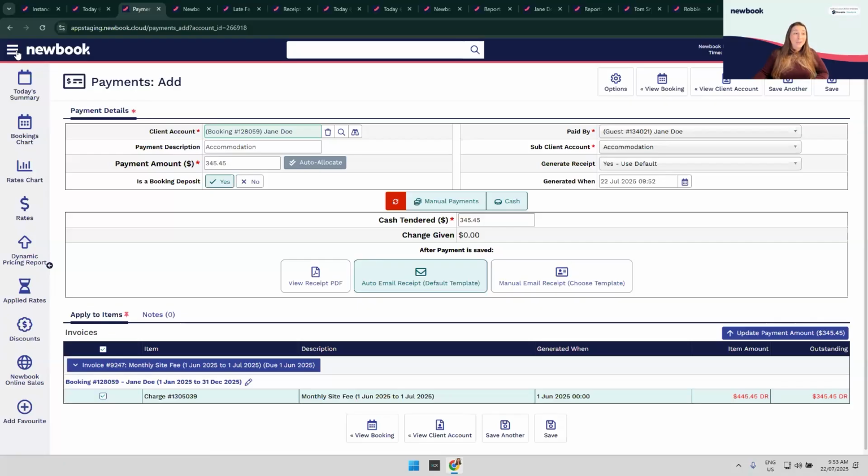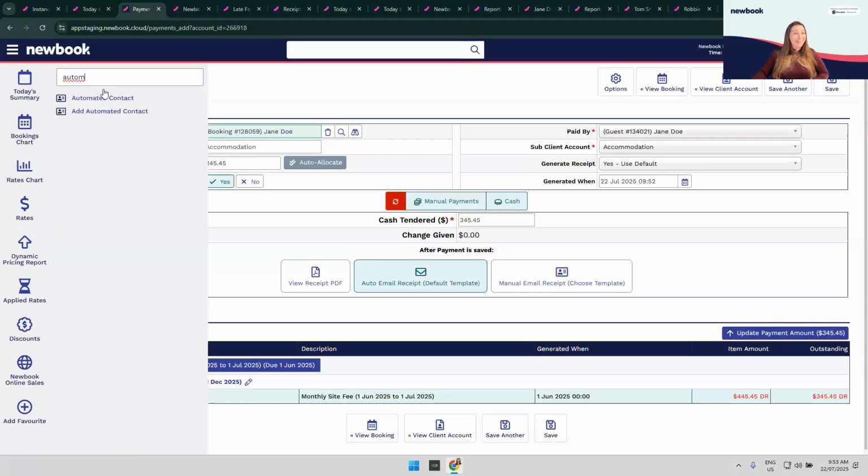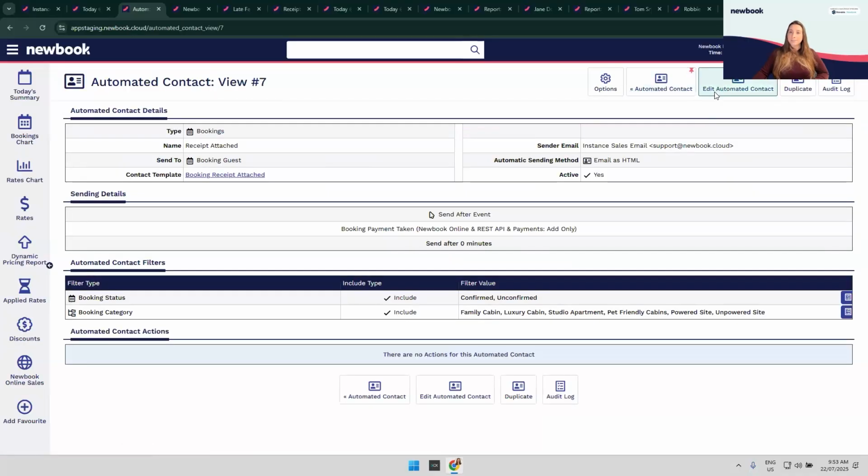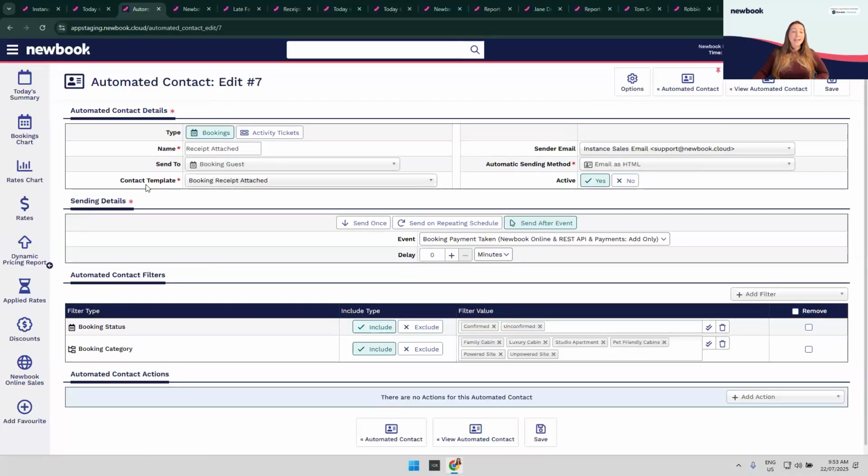payments. You can also go one step further using automated contact. In here, I've created one for receipt attached. If I go into edit, I can see I have a contact template called booking receipt attached. You can use your receipt attached one, but it's triggered after the event of a payment being taken. So when you are adding a payment or when it's been taken online, fantastic. A receipt will also pull through with our contact template up the top here. So even without having to do what we previously did, that guest is going to get a copy of that